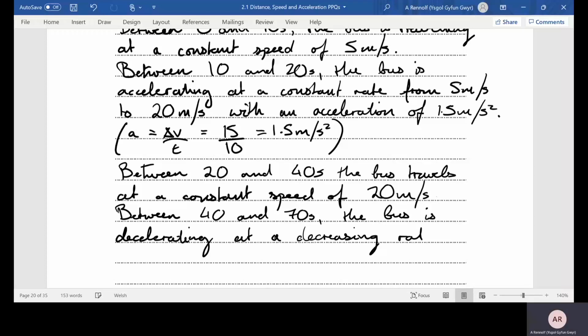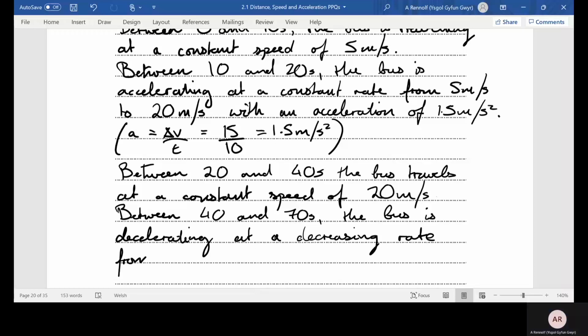Okay, remember we explained why, because our graph goes like that. Speed's falling really, really sharply to start with, but then the speed doesn't fall so much later on during the deceleration. So the bus is decelerating at a decreasing rate